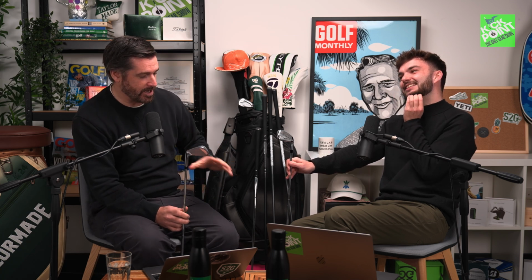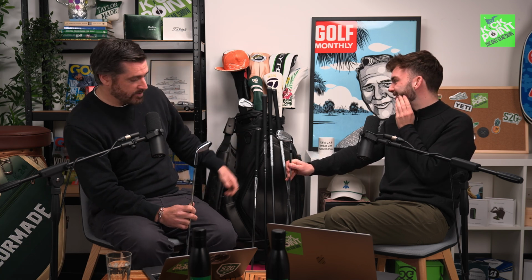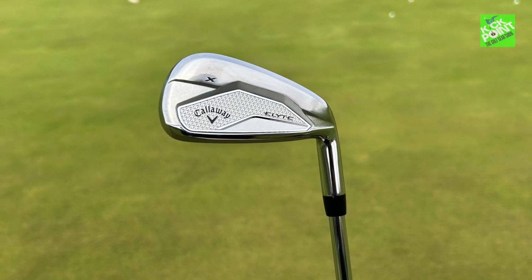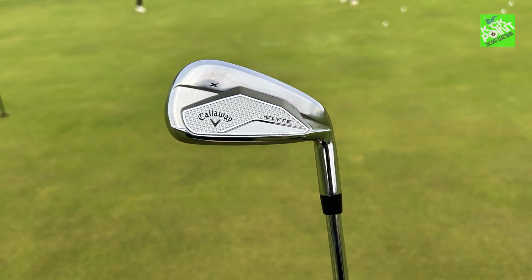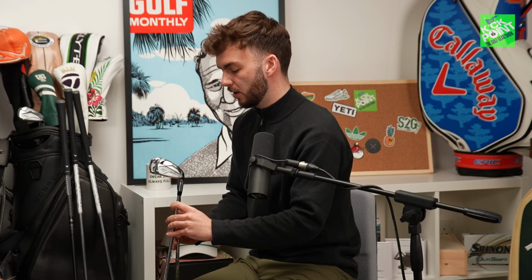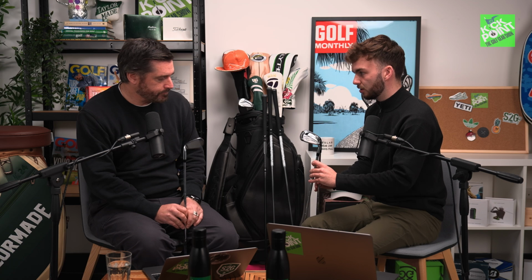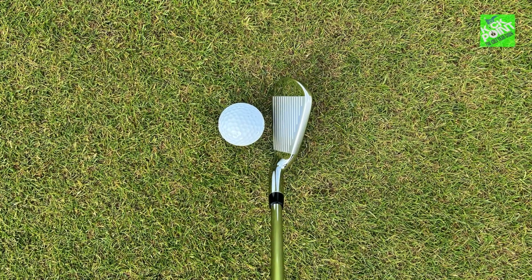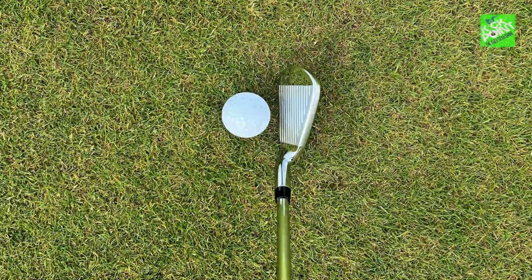That carries on from X and HL. All they've done with the X is keep the same look. You can see it from that angle: just a tiny little X on the back of the toe, just to differentiate. But a noticeable amount more offset, a wider sole, thicker top. That's fine, that's what these are made for. But because they've carried on the money shot, which is that backside view,